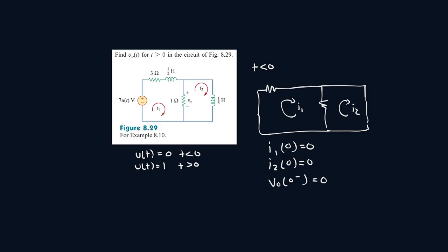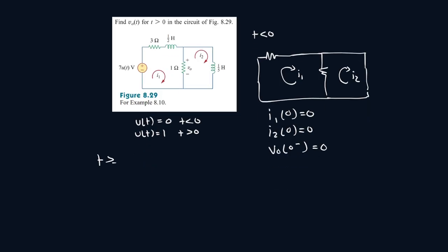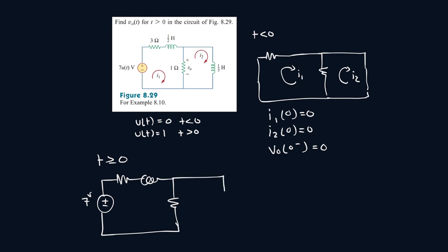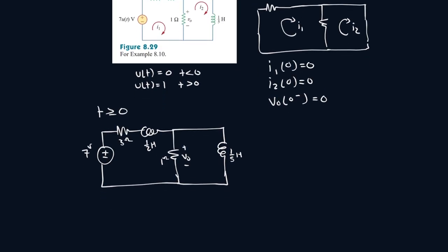So now let's do the circuit when t is greater than or equal to 0. So our unit step function is now 1, so this is 7 volts here. So this is 3 ohms, 1 over 2 henries. This is 1 ohm, this is VO, and this is 1 over 5 henries. Then we have, okay, so we'll deal with the mesh later. So first, let's draw,